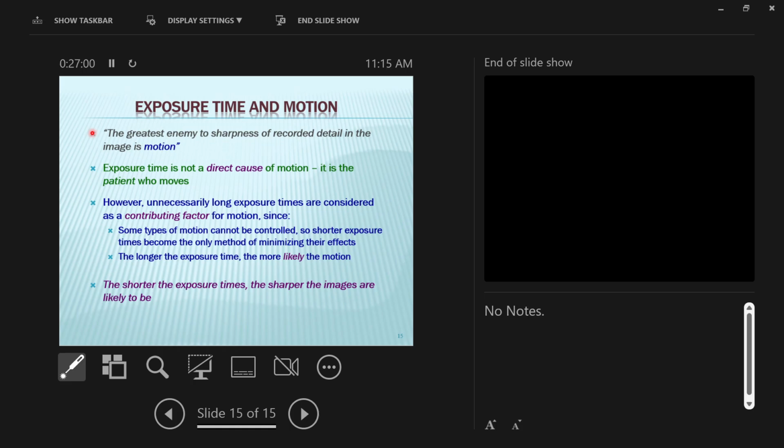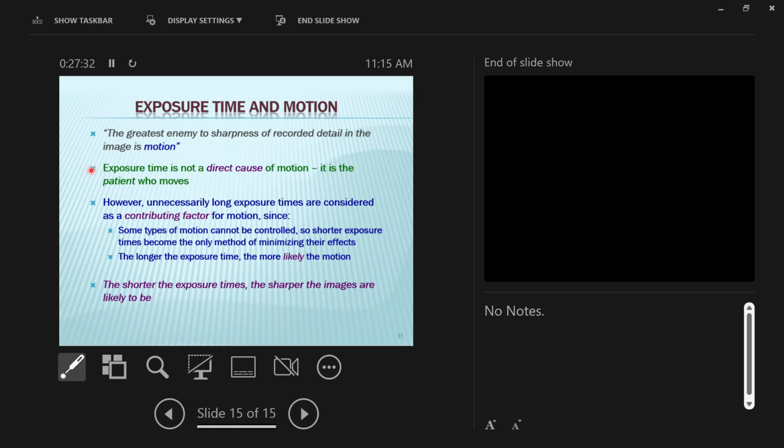So we can minimize motion in lots of circumstances, but peristaltic motion, the motion of our heart, the motion of our intestines, you can't change those things, right? You can't tell someone, hey man, just for like 1 second here, I just need you to pause your heart, right? Because it doesn't work, right? So what can we do? We can minimize the amount of exposure time, minimizing the number of contractions the heart will have in the given exposure, right? So in that way, we can use time, which is part of mass, to affect detail, sharpness of